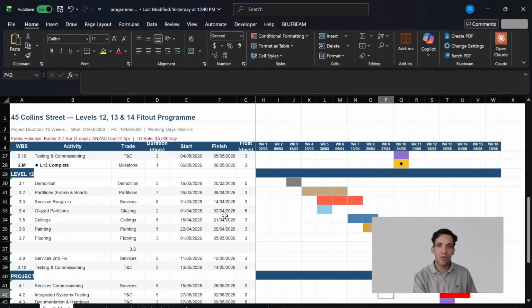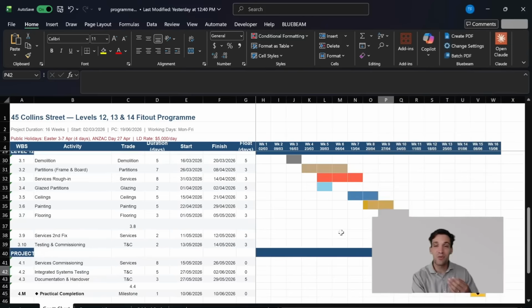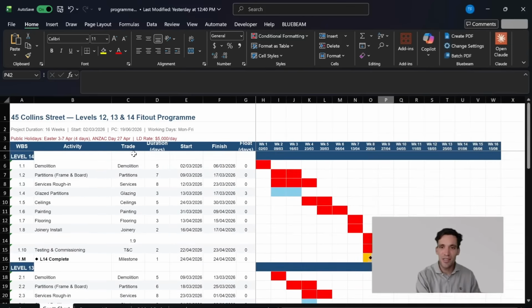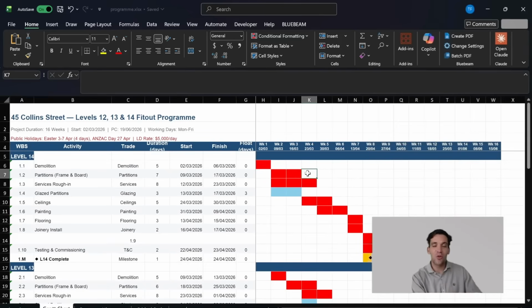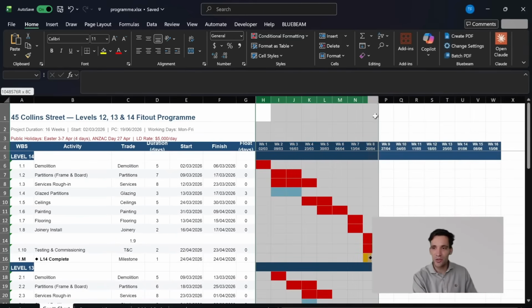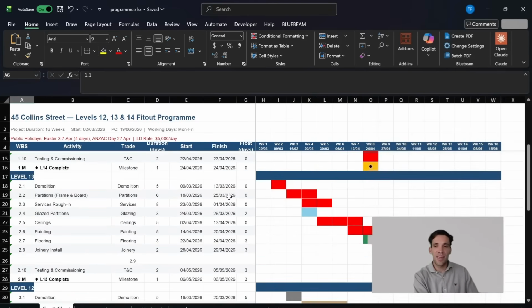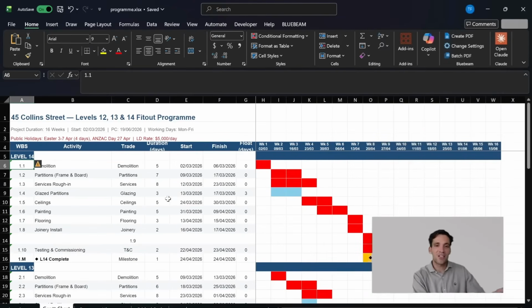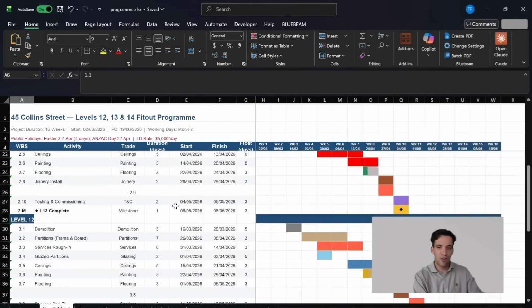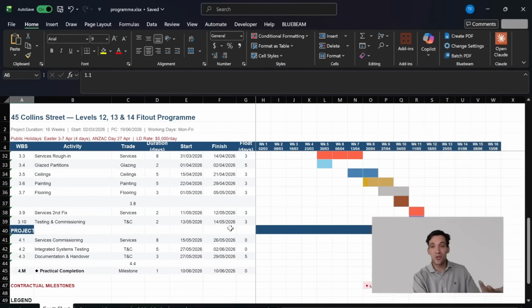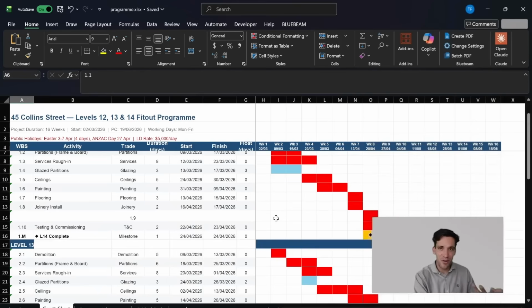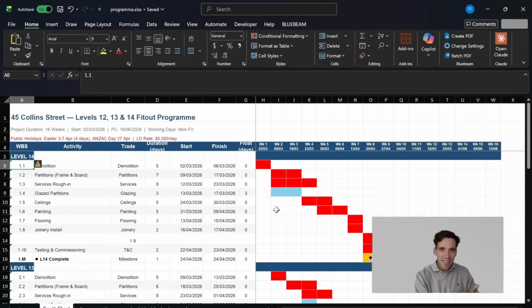Again, schedules are probably something we should be doing for every project. It would be great when we submit an estimate to submit a schedule showing what we've based our dates on. Maybe in our estimate, we included 8 weeks of prelim costs. We're showing how we built up those 8 weeks of prelim costs. Then again, we've got a schedule with key milestones on it so that if we're delayed, we can actually prove delays to our clients. So again, scheduling, I think, is a good use case of AI because